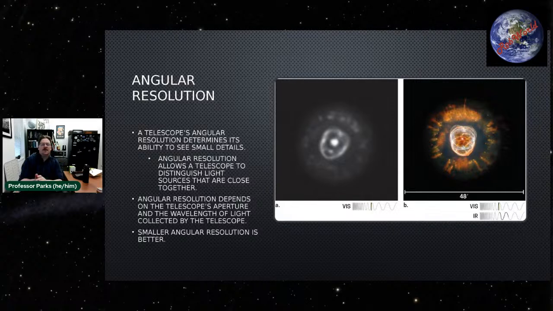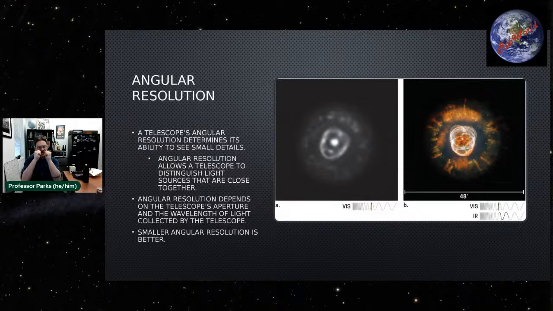So next thing we're going to talk about is angular resolution. Angular resolution is, in my experience, something that can often be misinterpreted. What angular resolution means is the ability to see fine detail, or more specifically, say you have two objects, say you have two stars right next to each other.